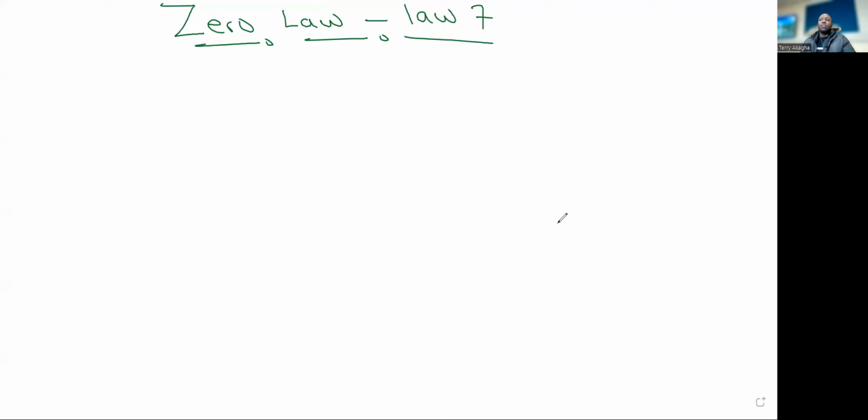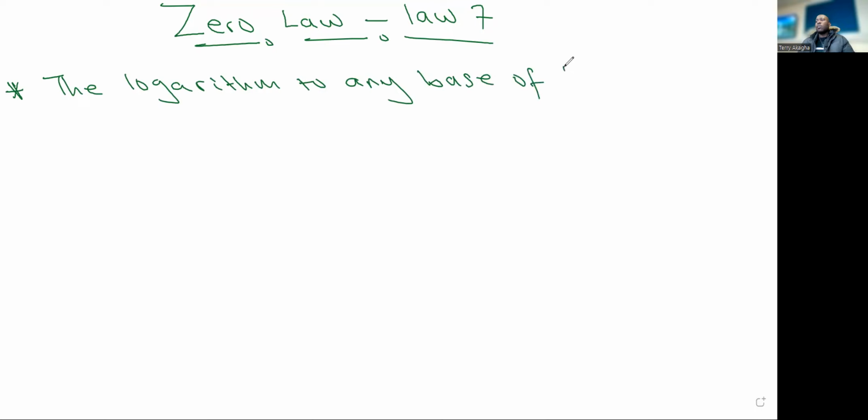Now, the zero law is very easy. It's basically saying that the logarithm to any base of 1 is equal to 0, okay? So it's a very, very easy law. So it says that the logarithm to any base of 1 is equal to 0,